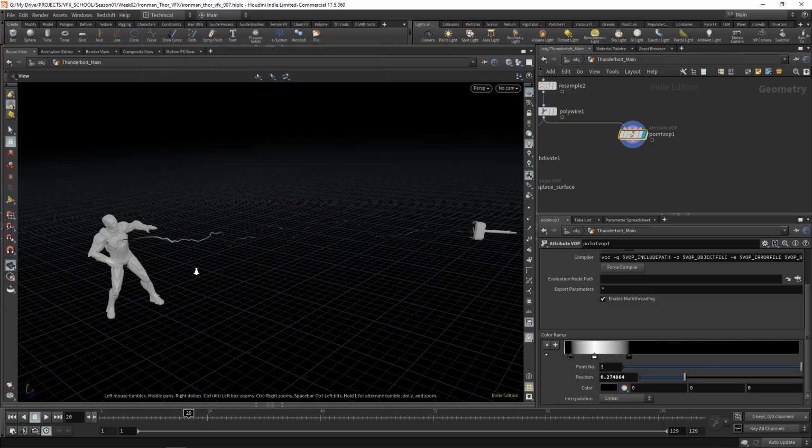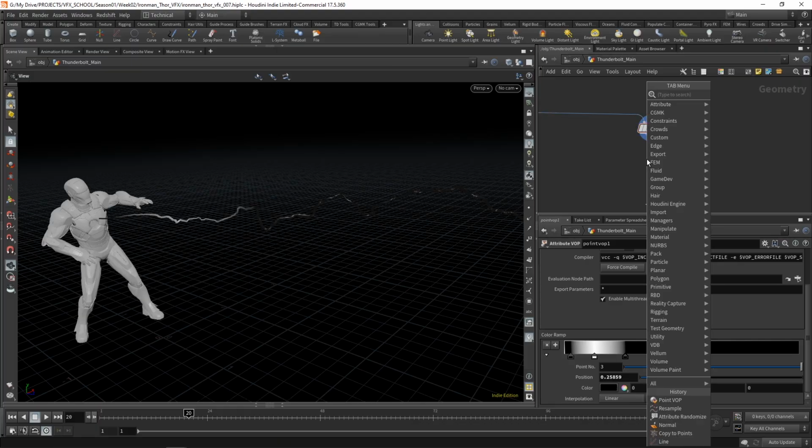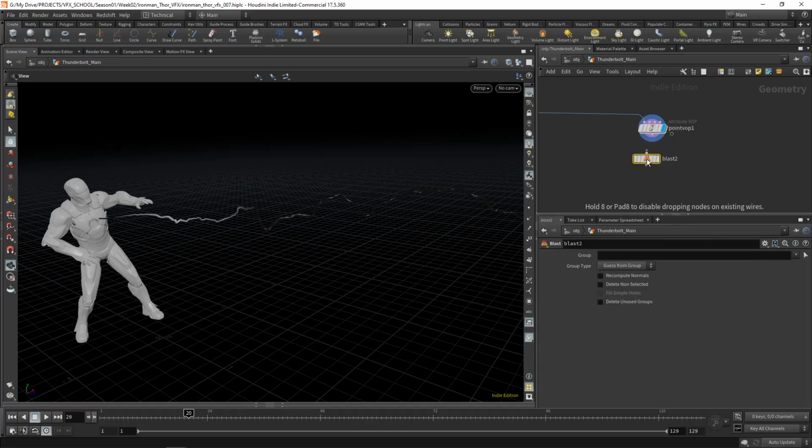So this way we can quickly establish which area we really want to use to generate those secondary smaller rays, something like this. By defining the color like this, we can then use the color as a criteria, as a condition for us to delete whatever we don't want. Let's create a blast, and on the blast we'll use the expression